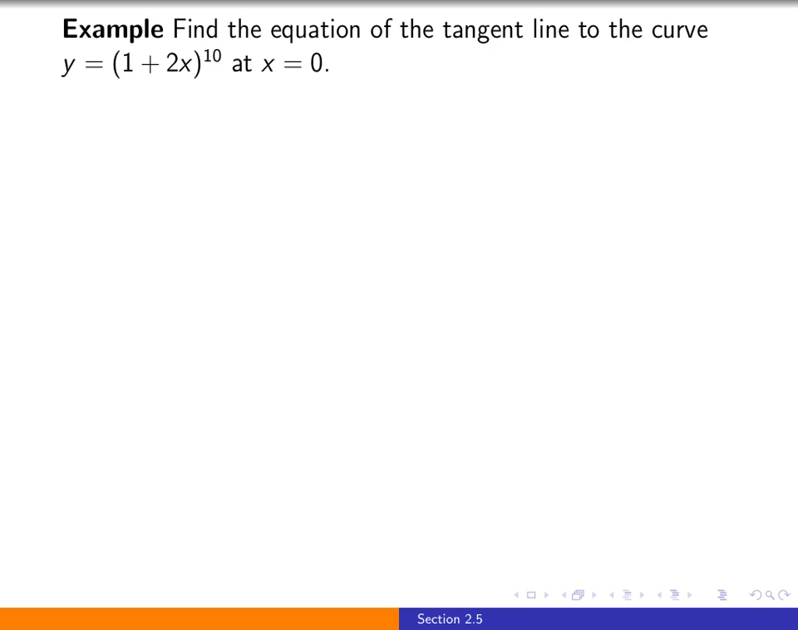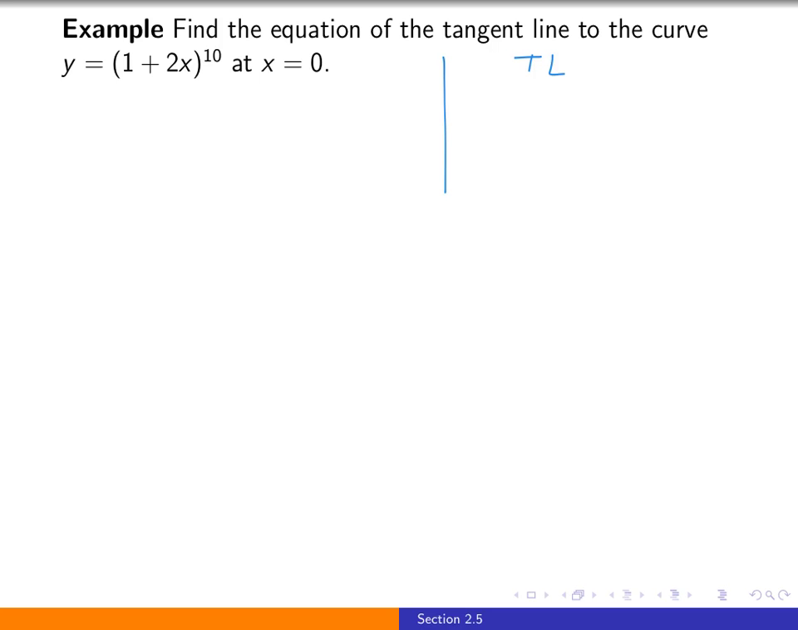In this video, we will investigate several more examples involving the chain rule. The first of which is going to be to find the equation of the tangent line to the curve 1 plus 2x raised to the 10th power at x equals 0. So since we're asked to find the equation of the tangent line, and this is at x equals 0,